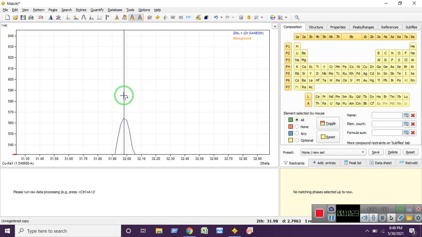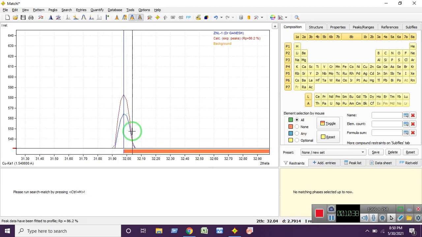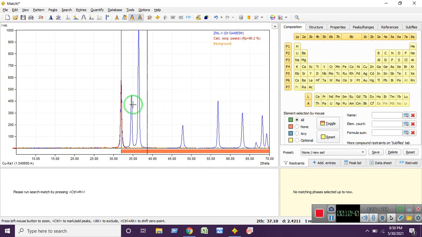Keep pressing the Control button, then right click the mouse, so the corresponding peak is going to be selected. In this way do the same thing for the remaining peaks.